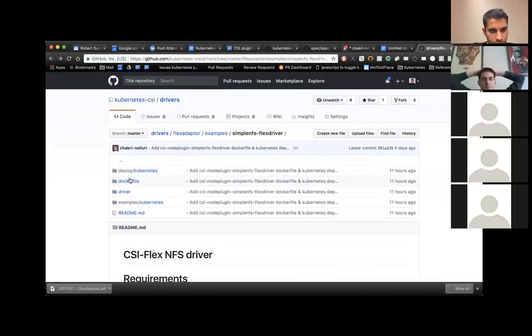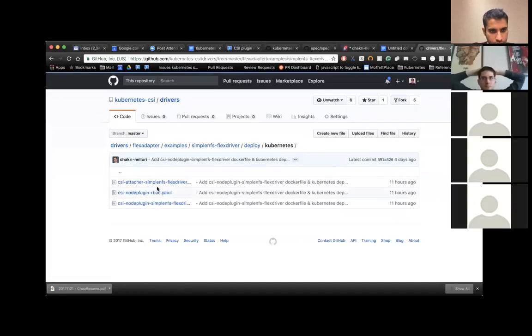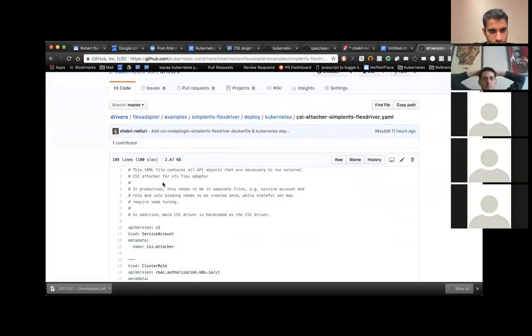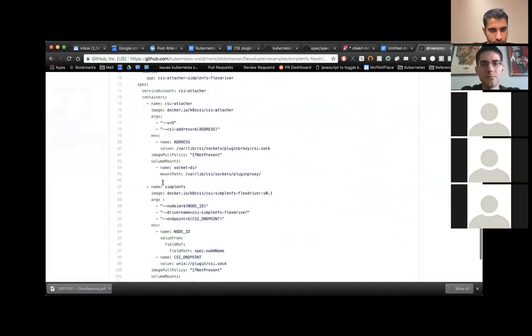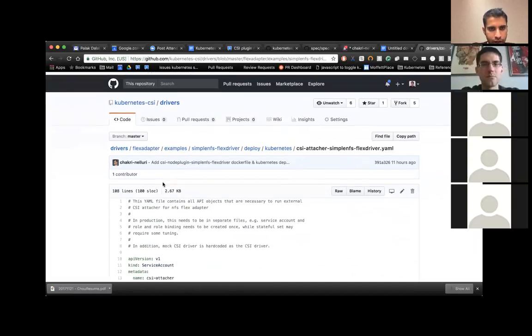So that's going to refer to the deploy packages. So that has attacher, which is based upon the AMS template, and Node plugin RBAC. I created a separate file. Sweet. And this uses a simple NFS driver. Okay. So I noticed that